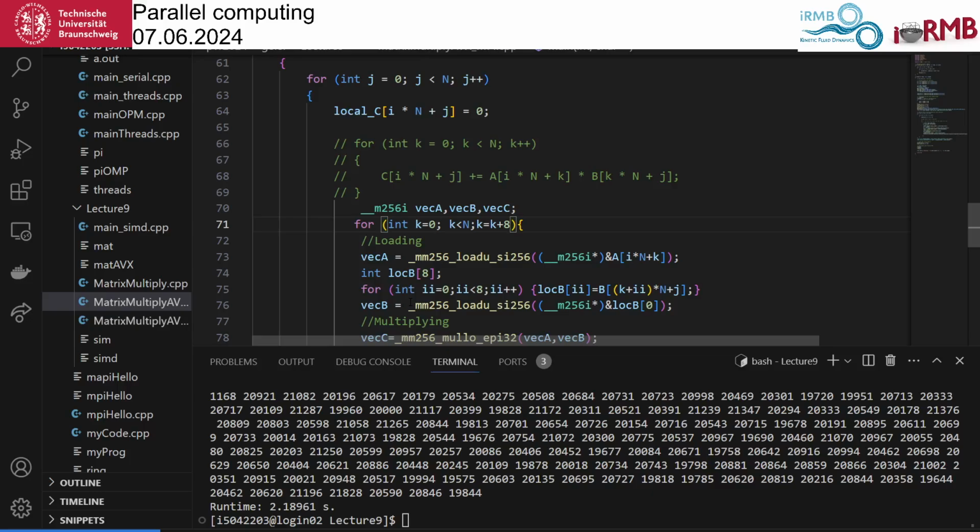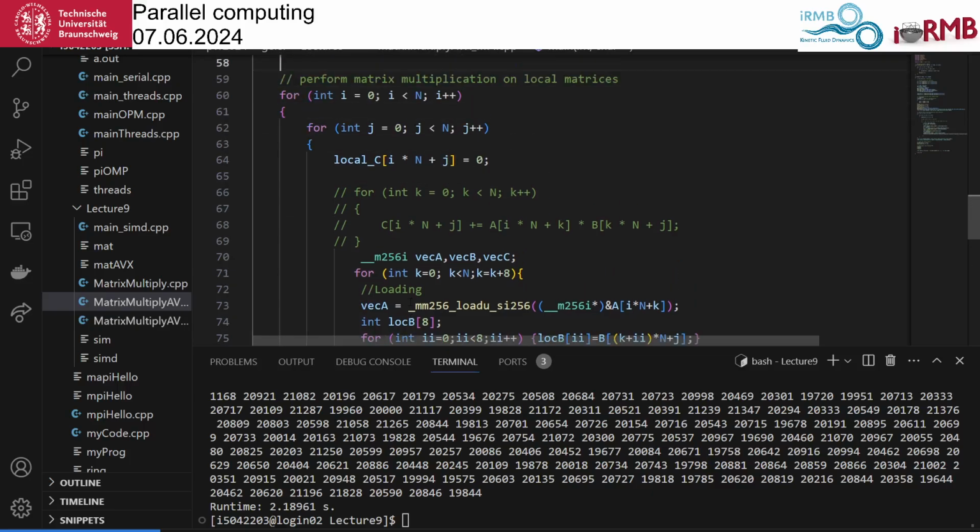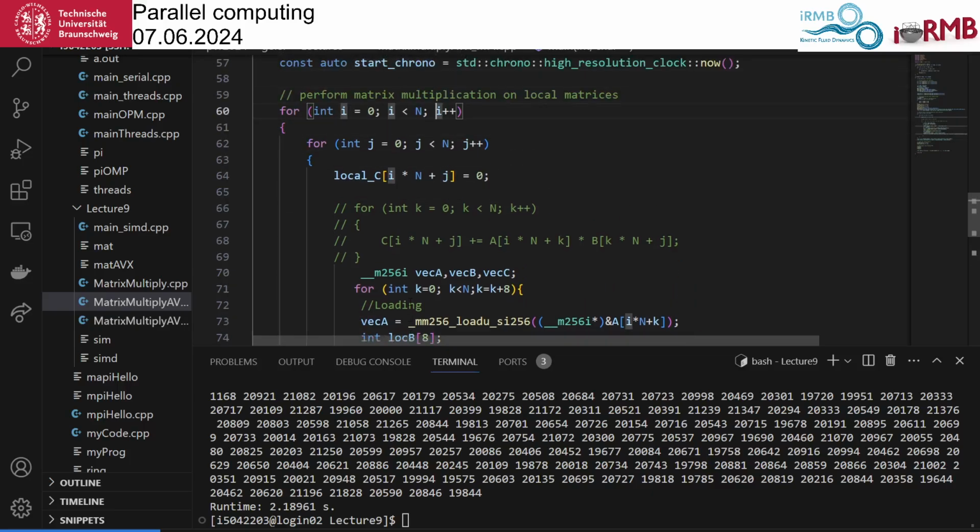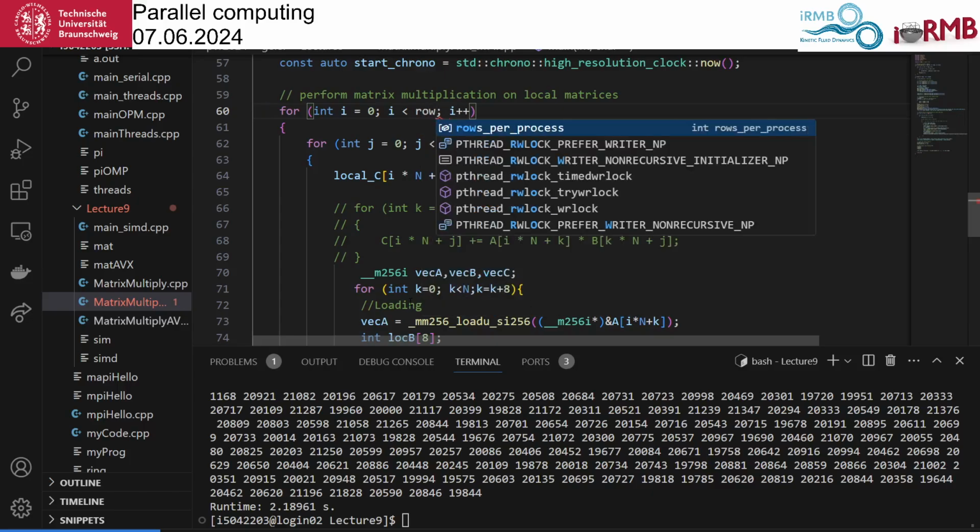So the thing that we are parallelizing is the rows, and the rows is the outer loop, right? So the rows, now it's not going until n, but it's going until rows